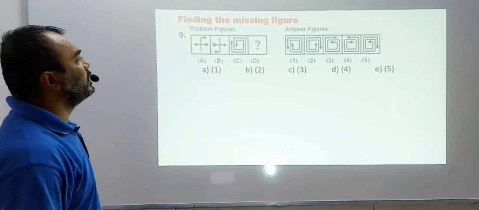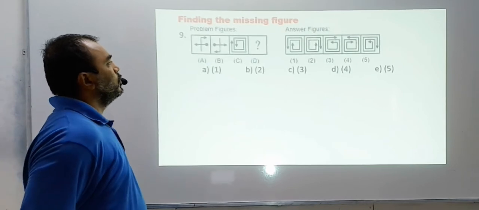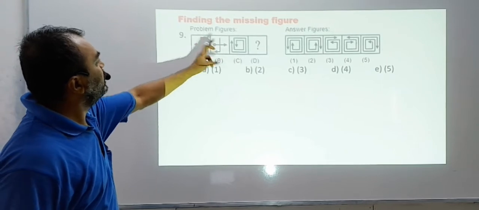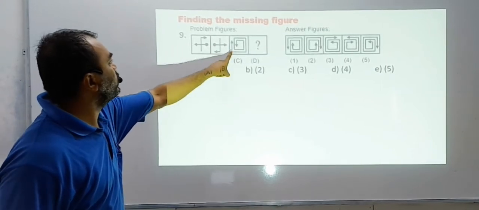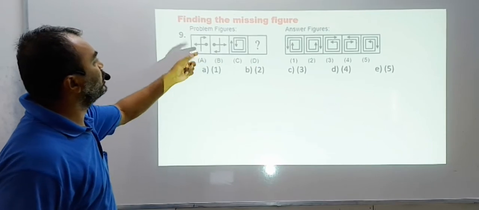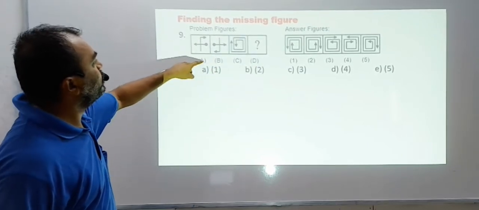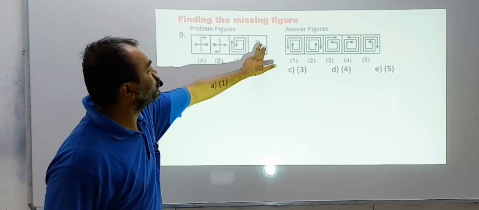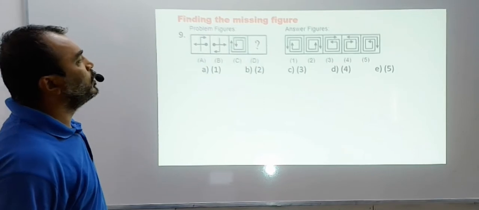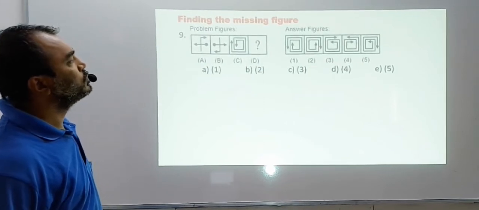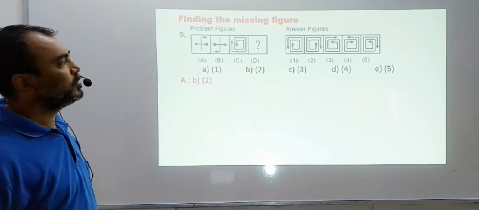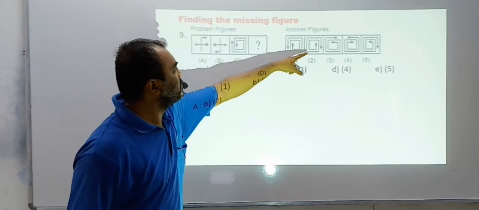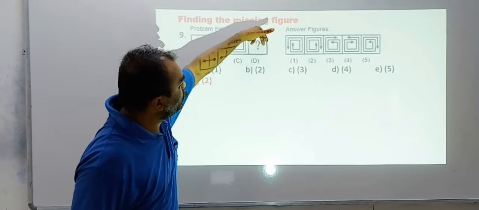Now do the same with figure C. Rotate it and see what you get. So you can see the arrows have changed direction. The arrow was pointing this side, now it is pointing this side. This was pointing here. So when you rotate it, the arrow will jump. So this arrow should go on this side, and this arrow should also go on this side. So both arrows should go on this side, and then one going up and one going down. So the nearest answer is B2. Right? Simple now. So this arrow is going down and this arrow will go up, but both arrows will shift position and come on this side.